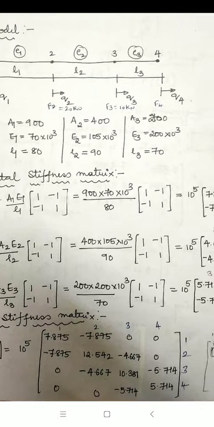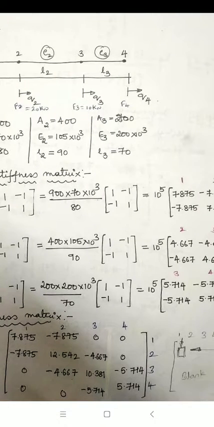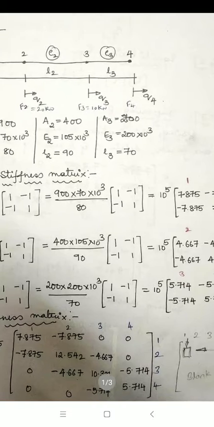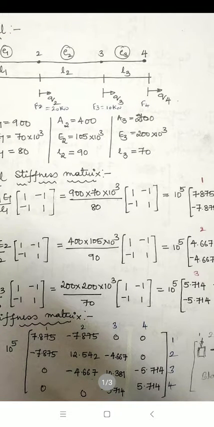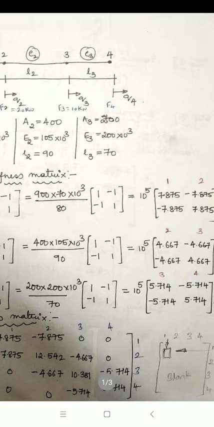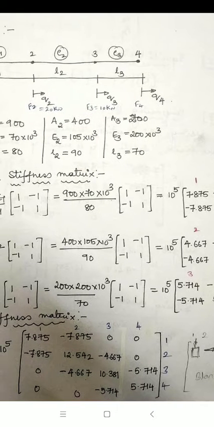That we can find there in stiffness matrix K1. See there, in place of column 2 and row 1. Next, column 3, row 1. That value we won't find in any of the stiffness matrices K1, K2, K3. That's why I have written it as 0. Similarly, column 4 and row 1. There also, we are not finding it in all 3 stiffness matrices. So write it as 0. Like this, go on writing.